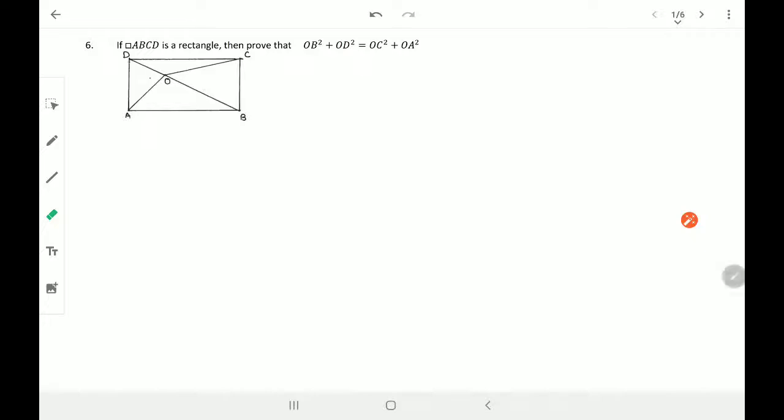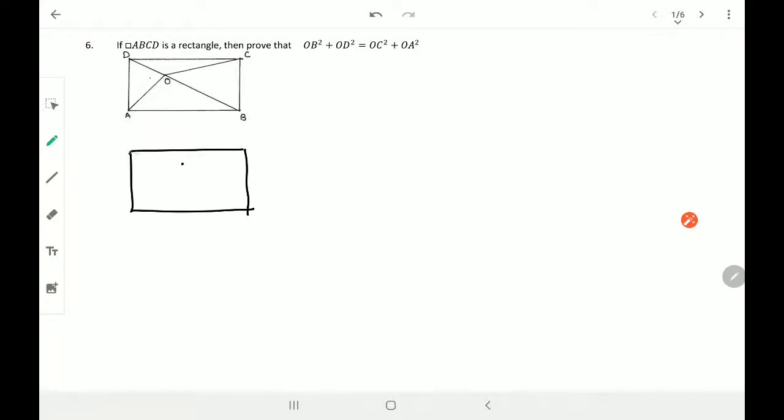One thing is very clear, it is a rectangle, so all angles are 90 degrees. Keep that in mind. But even though the angles are 90, I cannot use Pythagoras theorem because there is no hypotenuse seen here. You may see DB as a straight line, but basically it is not a straight line. The diagram is in this manner, let me tell you.